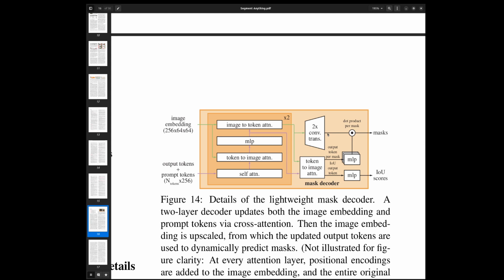Kind of. I understand your explanation. The thing that I don't understand is, why do I need to do token to image and image to token? I'm not sure, but I was reading Grounding DINO, and they are doing something similar. I'm not really sure if it was exactly the same, but the same attention mechanisms were used, just in different order.